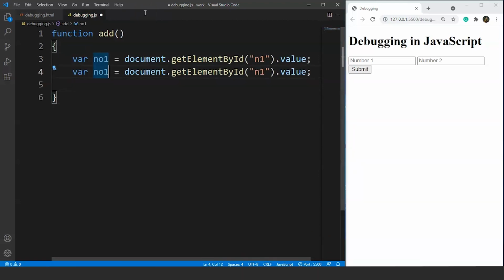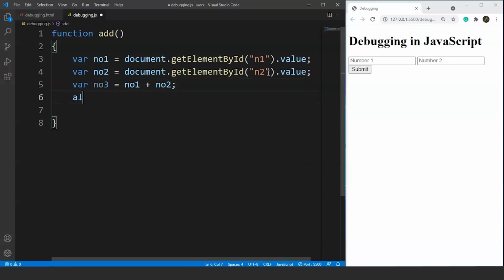Instead of number 1, we'll write here number 2, and the id will be n2, and then we'll take another variable number 3 that will hold the value after addition. So we'll write here number 1 plus number 2. Fine. Let's give some space between them.